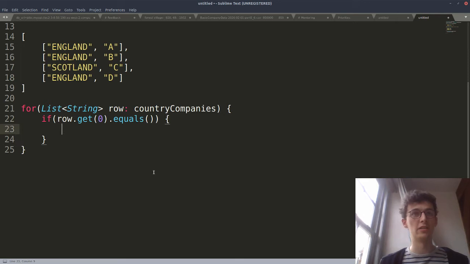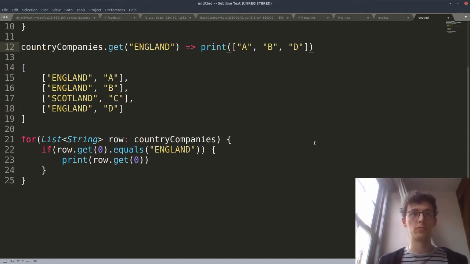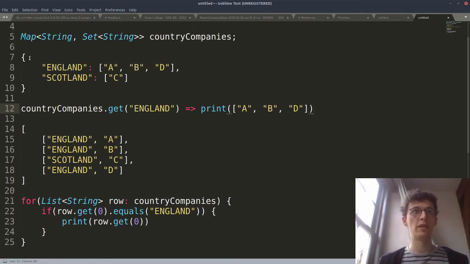If one of these doesn't have an item and then we do an equals, it's going to look like null dot equals, and that'll throw a null pointer, so we don't want that. That's why it's also worse. If equals England, then print, I know again this is kind of pseudocodey, row get 0, whereas here we can just do print this, right? So does that make sense why I think this is much better